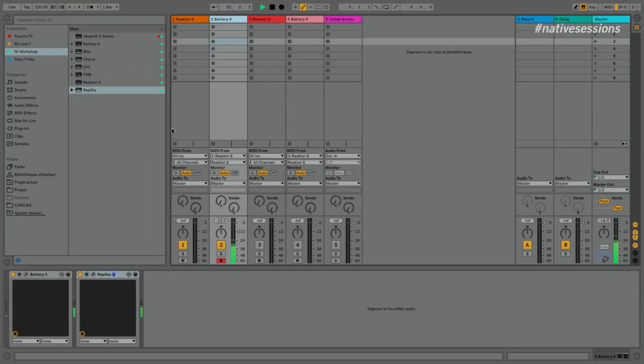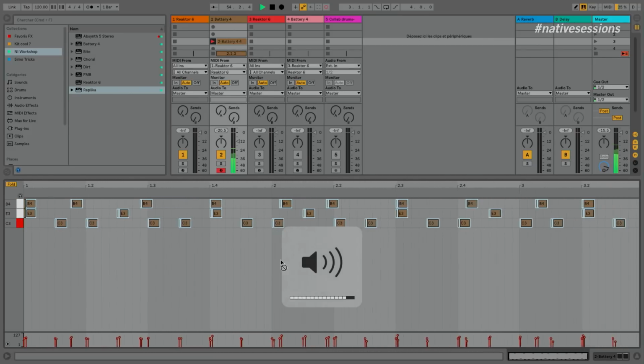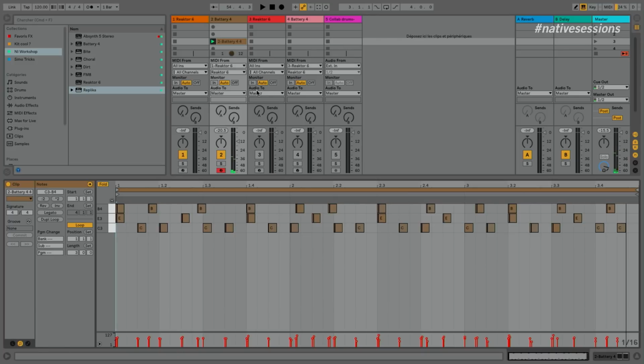So for example, I'm pretty happy with this MIDI clip. So the first thing I do is I record it. So basically, now we have a MIDI clip which is written, and I didn't do anything. That was the computer who did it. And then you can modify. You can take control at this moment.